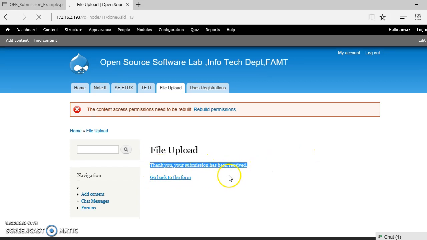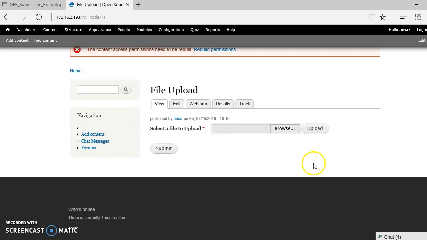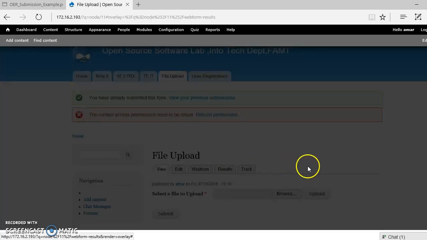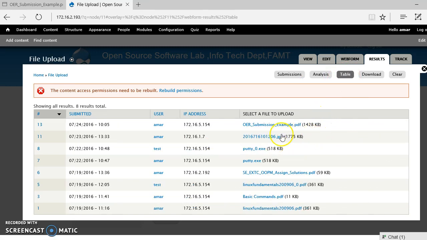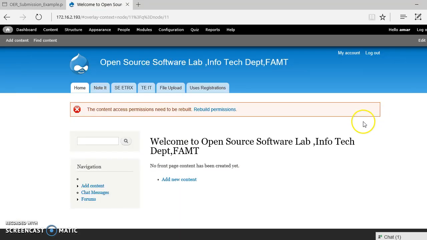You can see what you have uploaded. The PDF which I have just uploaded will appear here, the submission example PDF. Now this is visible from anywhere. You need not be on the server. You can take the copies from anywhere. So this PDF has been uploaded. This is one of the features of this content, the file content. It is actually a form element, a file.